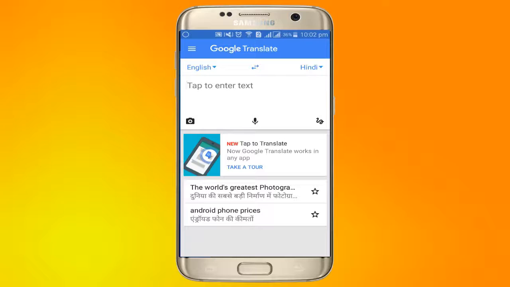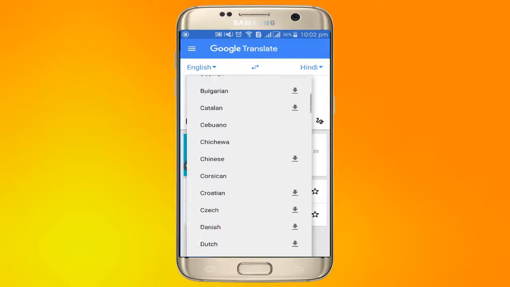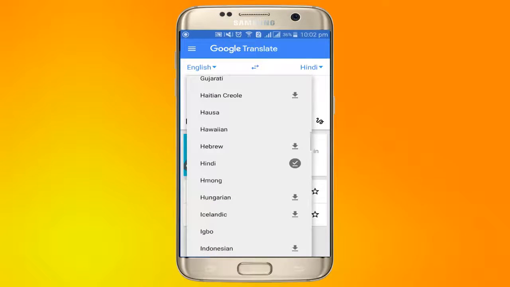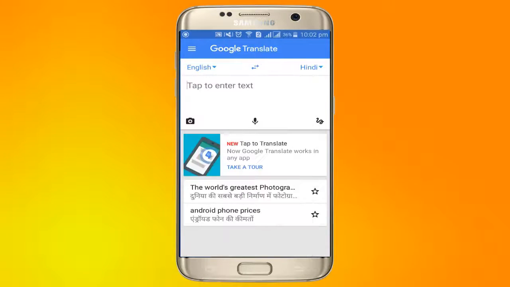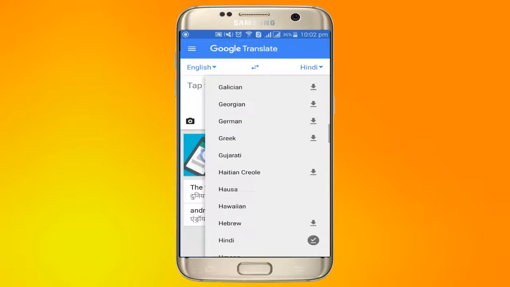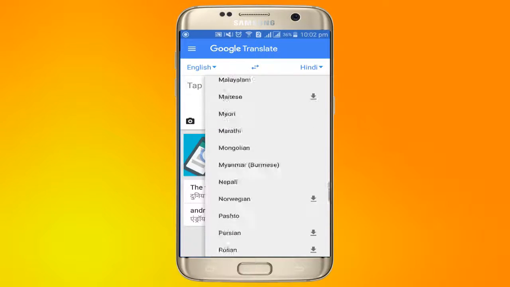So overall, the Google Translate app is a great app when you are traveling to some another country, so you can easily translate those texts. If suppose you can also convert from another languages, if you are seeing a letter in Chinese language or any other languages, just select it, or you can convert it in your suitable languages.